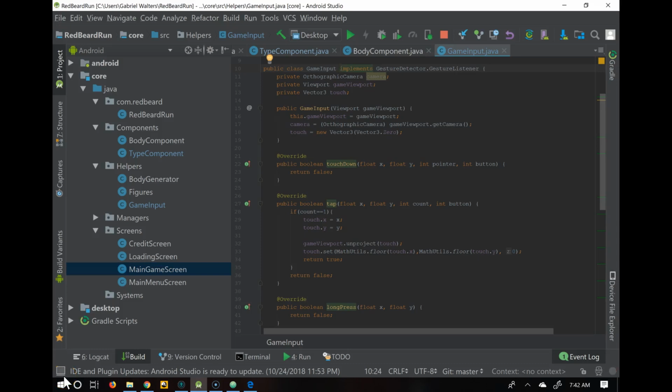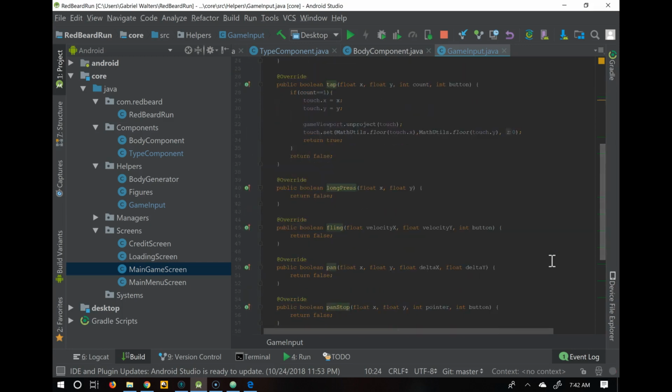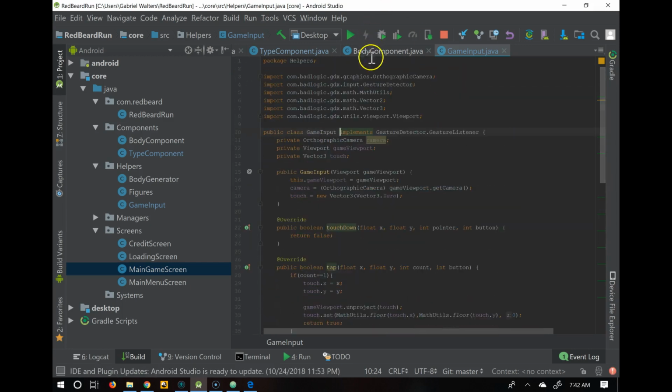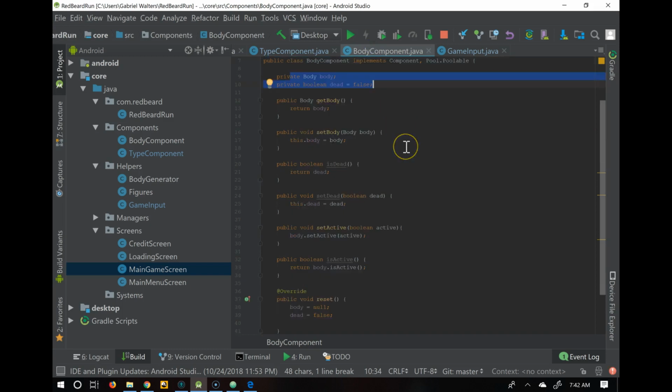Alright guys, in this video we are going to set up a couple more components and just kind of review what we did. So we already created a game input class for us to be able to deal with touch and all kinds of different gestures. We implemented a body component, which is just a data bag holding the body and whether it's dead or not